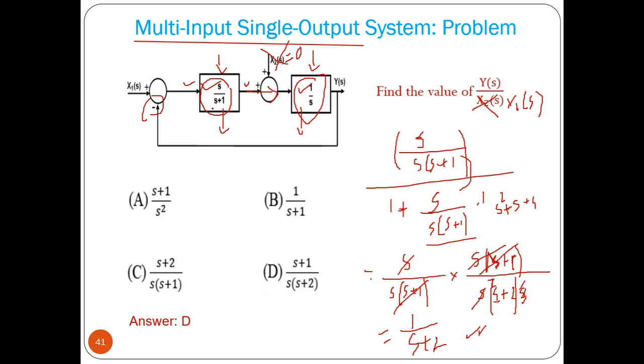Now this is a first order system, s to the power 1 plus 1. This is also a first order system. And this 1 by s, that means what? We have a pole at s equal to 0. In the s-plane, there is a pole at the origin. For this system, if you plot, we have a pole at s equal to -1. So this system is a stable system, but this system is a marginally stable system, because we have a pole on the imaginary axis.